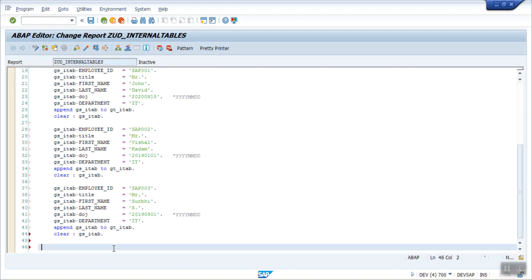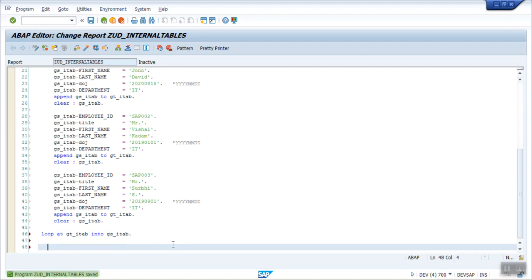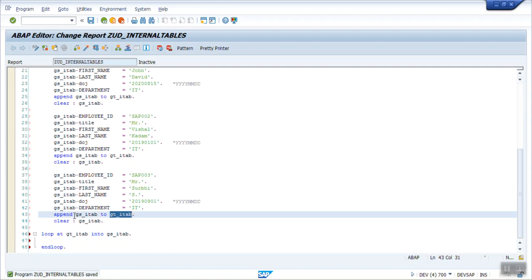For printing the value, we have to make a loop on this internal table. So how to make a loop? Loop at, give the internal table name, that is gt_itab. After this, we have to write into and give the work area, that is gs_itab. Add an endloop. This is the internal table and this is our work area, that is structure.